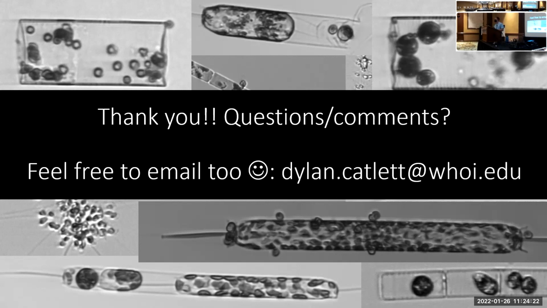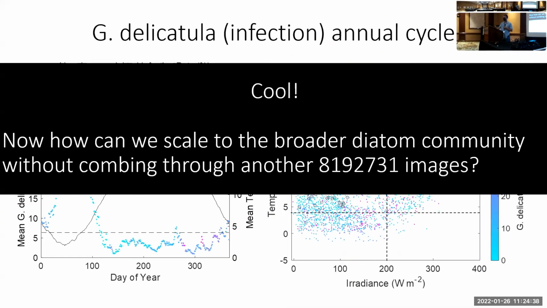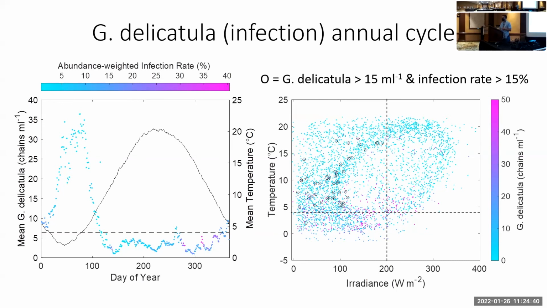Yeah, that was fascinating. I was super interested in your speculation, or the hint that there might be less parasitism at high irradiance and low temperature. I understand that you may be hesitant to speculate, but do you have any thoughts on why, physiologically, parasitism is lower under those conditions?